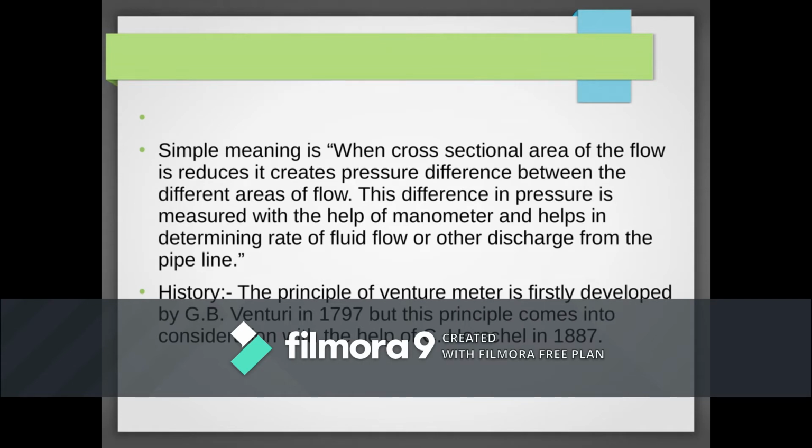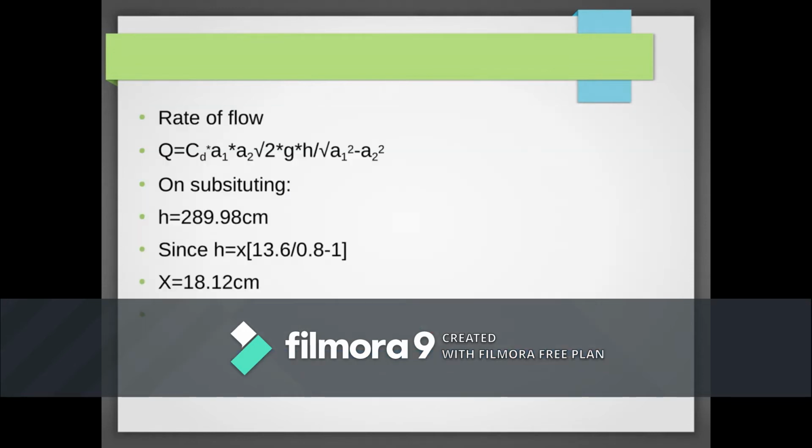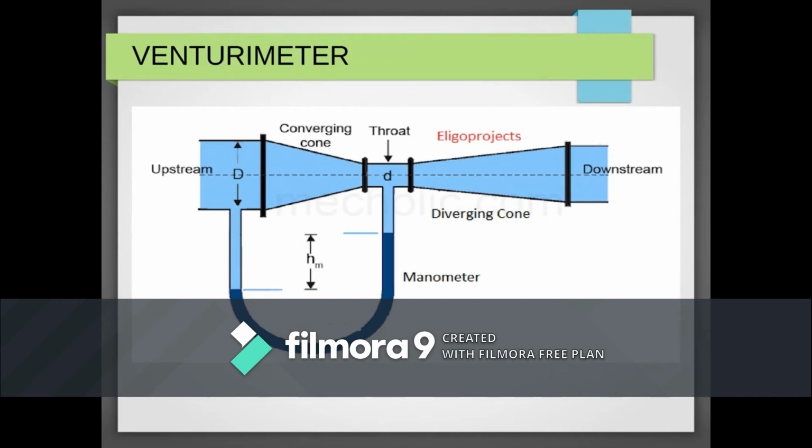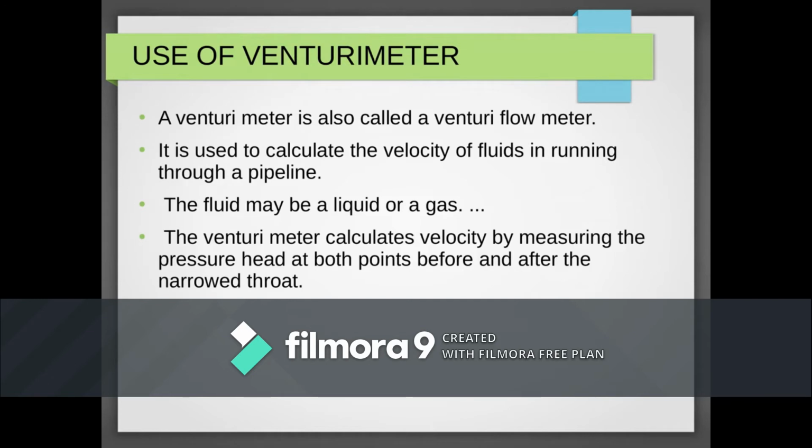As you can see, in the construction of a venturimeter, there are three parts. The first part is the inlet of the pipe. Connected to it is a convergent pipe. After the convergent pipe, there is a throat whose diameter is very small. Then the third part is called the divergent zone. The convergent zone connected to the inlet is known as the upstream of the pipe.